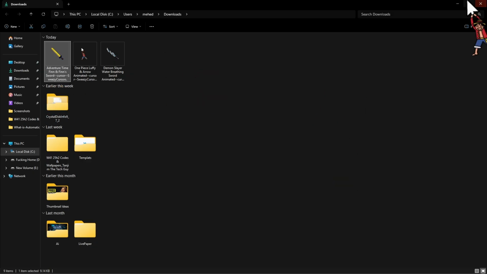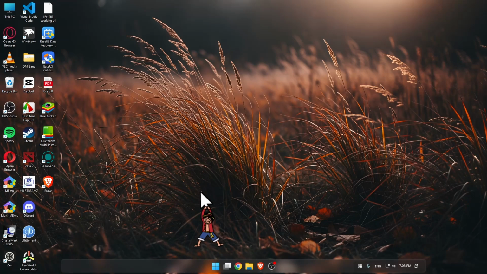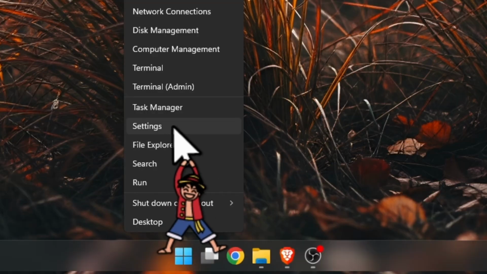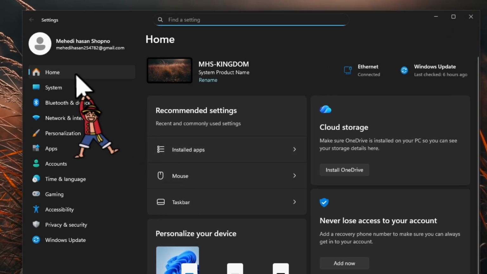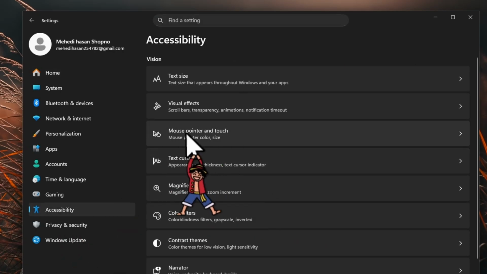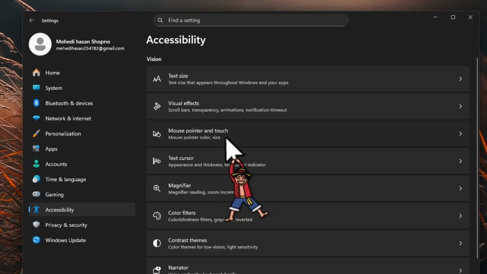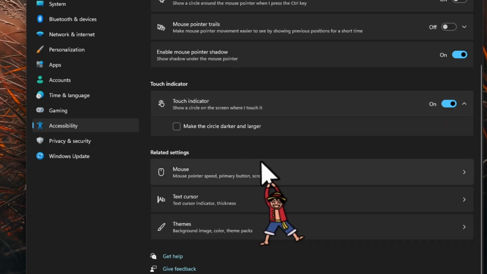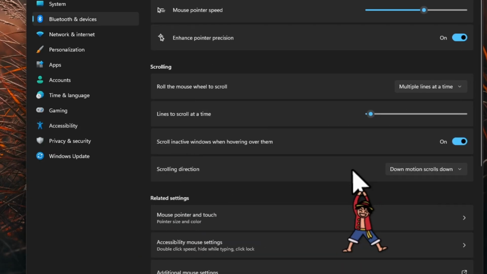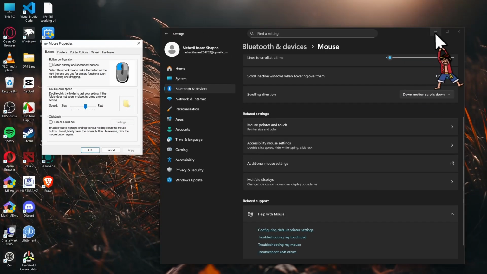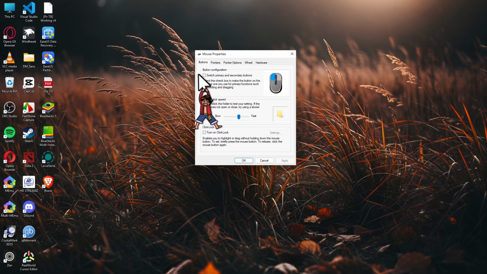So now how can we set it as our Windows cursor? For that, we need to come over to the start icon, click the right mouse button, and go for settings. After that, we go for accessibility, click on it, and then here we're going to find mouse pointer and touch. If we click on it and scroll down a little bit, here we're going to find mouse. Click on the mouse section, scroll down a little bit, and you're going to find additional mouse settings. Click on additional mouse settings and now minimize the settings, and here we will get the